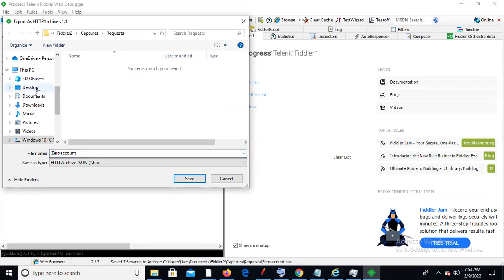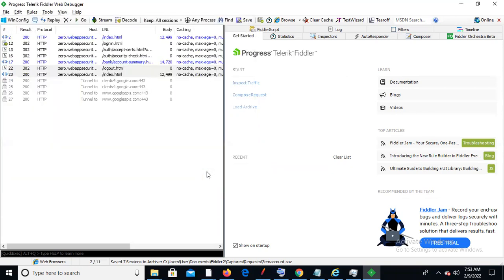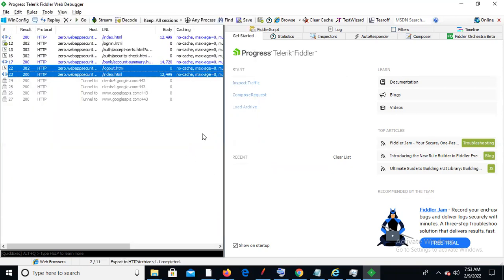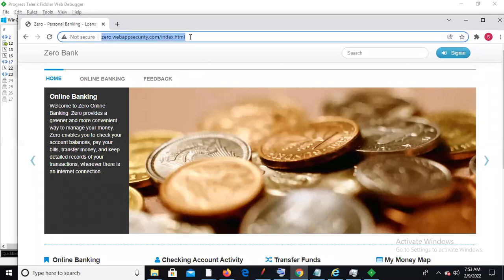So I can save this one on the desktop. I'm saving. Okay, so I converted the HAR file. After that, we need to go to the browser, and here we need to search online for